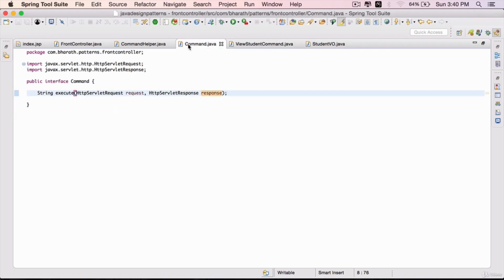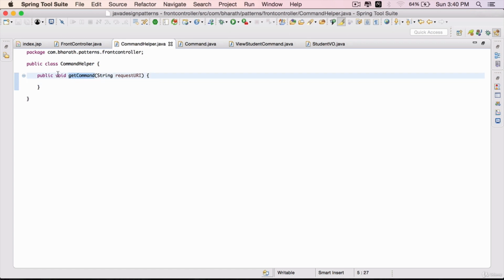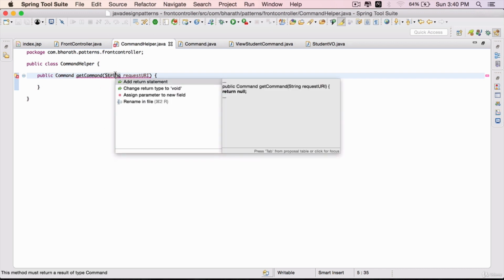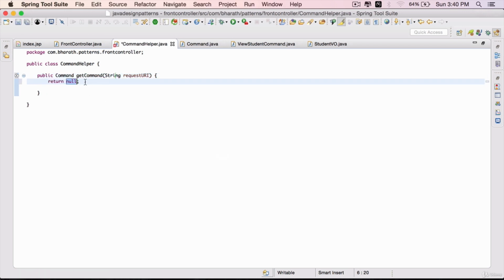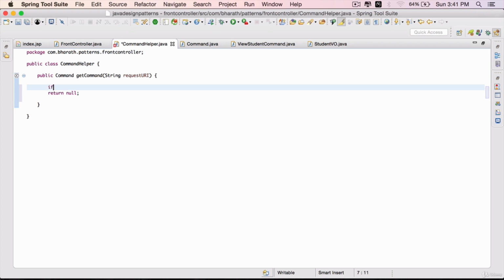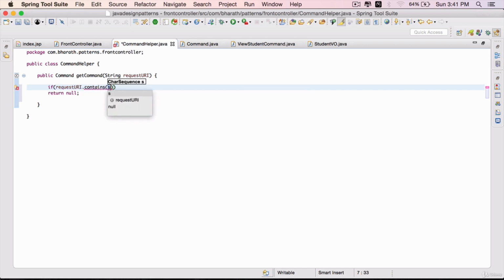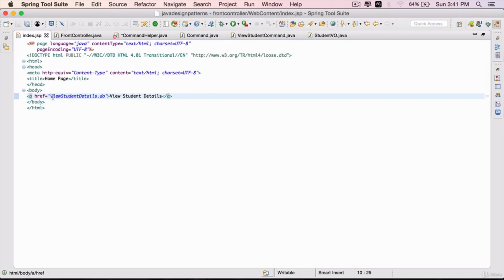Go to the command helper. This get command should return a command. Now that we have a command, it will return a command back. Hit Ctrl 1, change the return type to or add return statement. Based on the request URI, this command helper should return an appropriate command. So do that check. If the request URI dot contains or equals, it's up to you, you can use either of those, go to the index.jsp. If it contains this view student details.do,